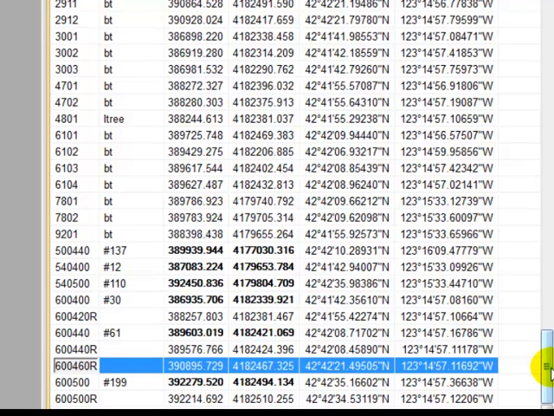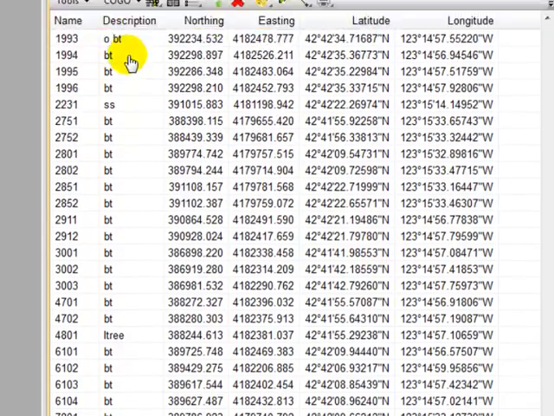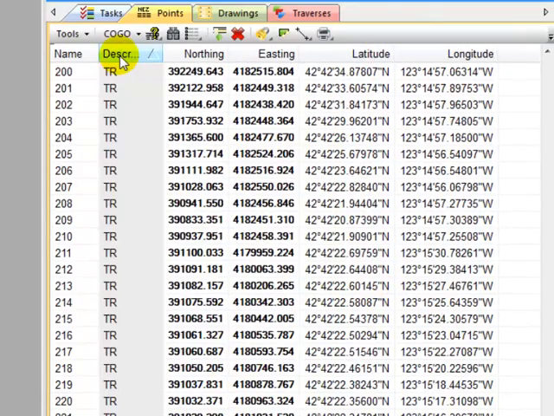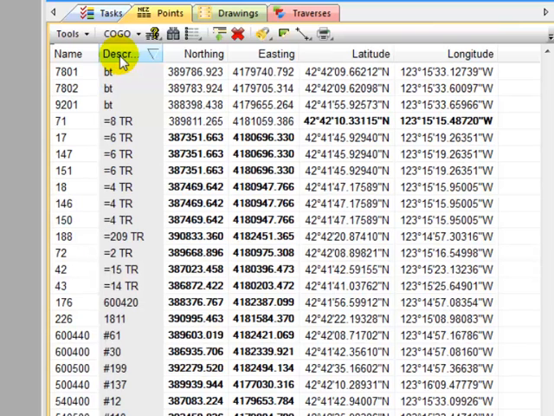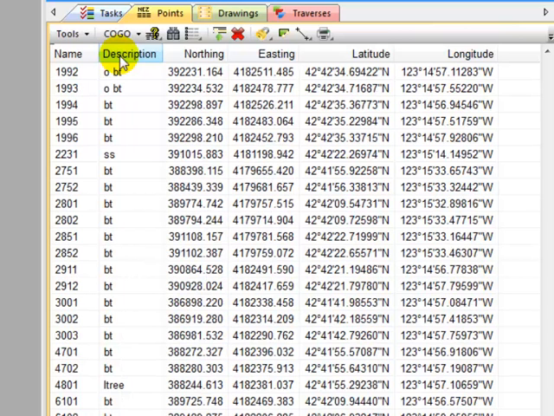Now I want to show you another way that Traverse PC helps you find points. Let's click on the description column. Traverse PC just sorted points by their description in ascending order. Let's click it again, and now we see the points sorted in descending order. Okay? If we click it again, it turns off the sort by description and goes back to sort by labels,